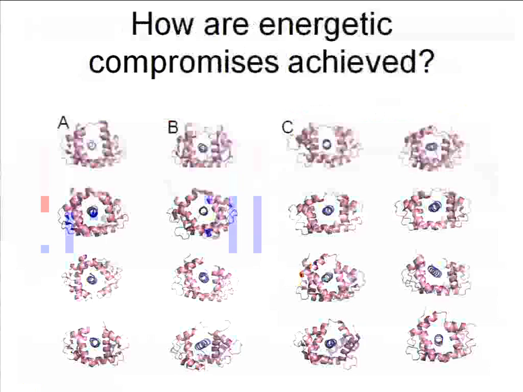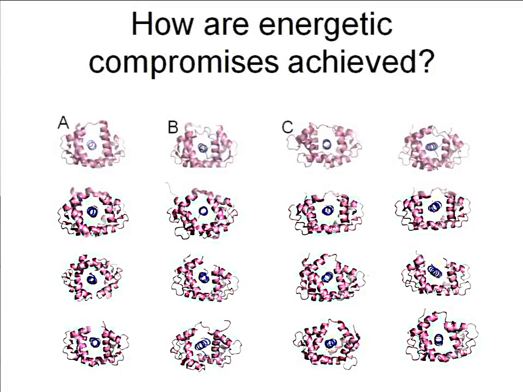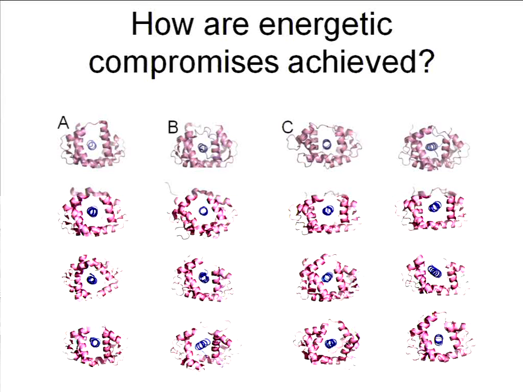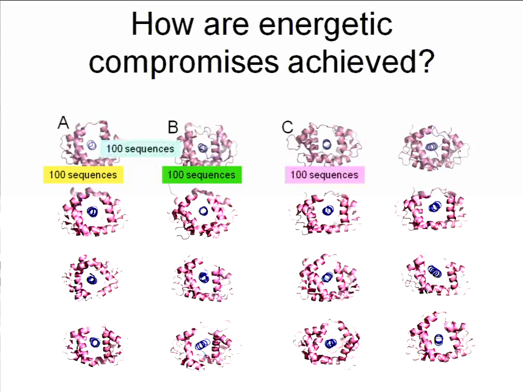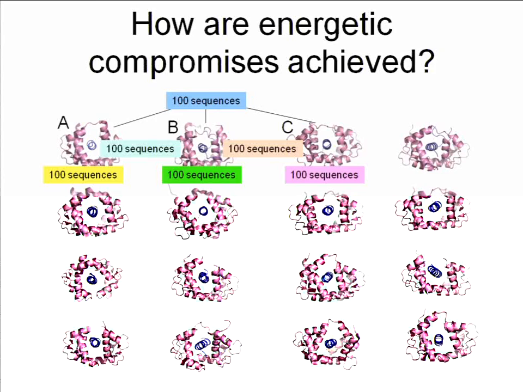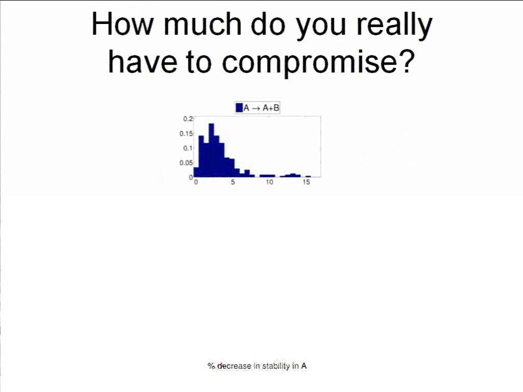One last thing about the energetic compromise that is required when integrating these multiple constraints at the energetic level. Again, we have, let's say, 100 sequences designed for a particular structure or a particular partner A, 100 for B, 100 for C, 100 that are compatible with binding partner A and B, 100 for B and C, and 100 that are compatible with binding A, B, and C. So the question is, what happens to the energies as those